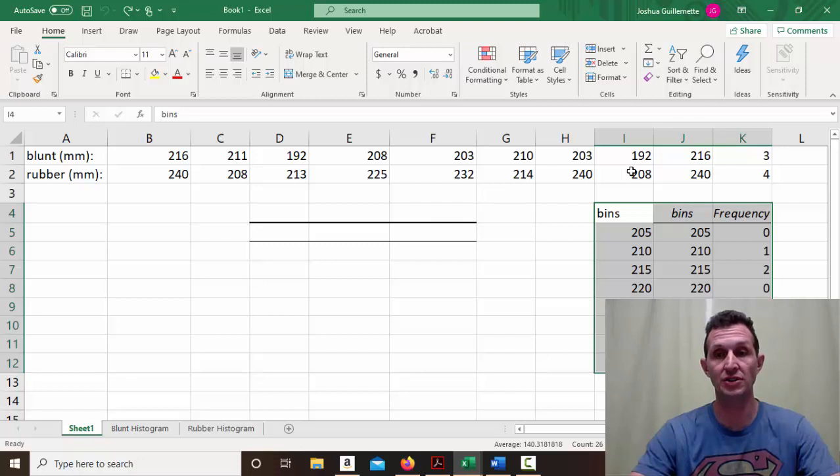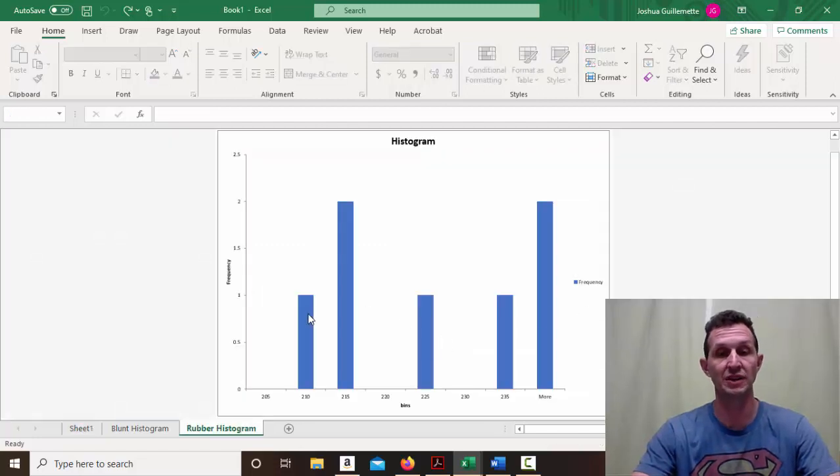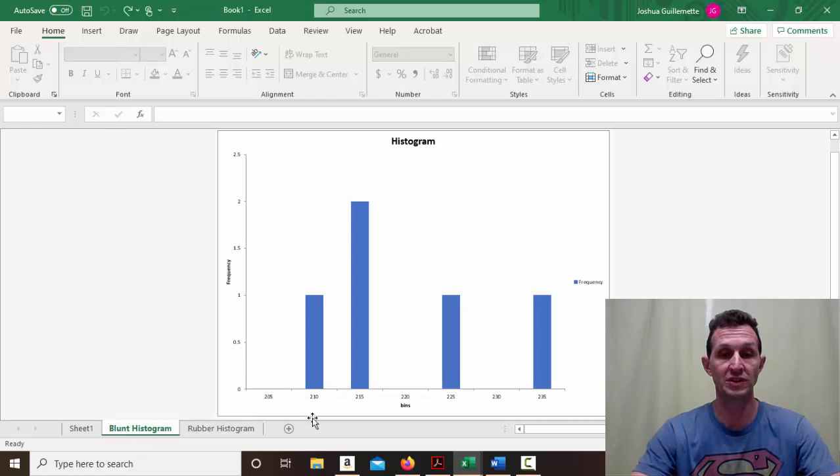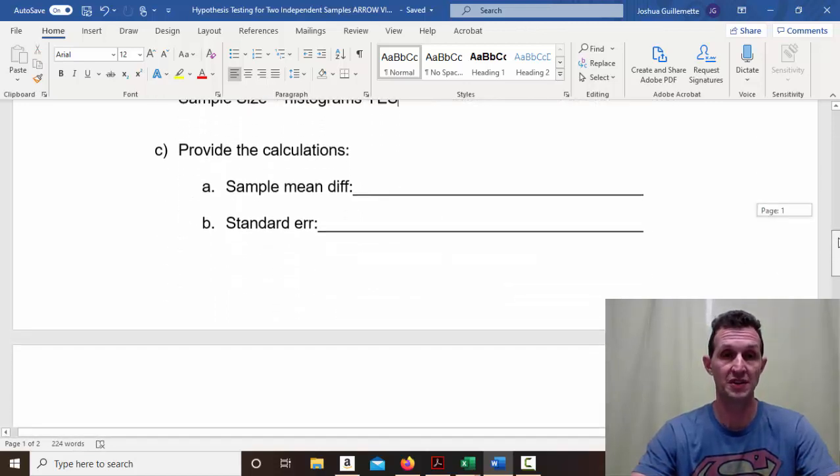But what I did was, if you actually look at the mean and the median, for the two they are very close together. So given that their histograms don't show anything weird going on, we're going to say that that condition is met. Histograms with really small sample sizes tend to be very difficult. It's just one of those things.